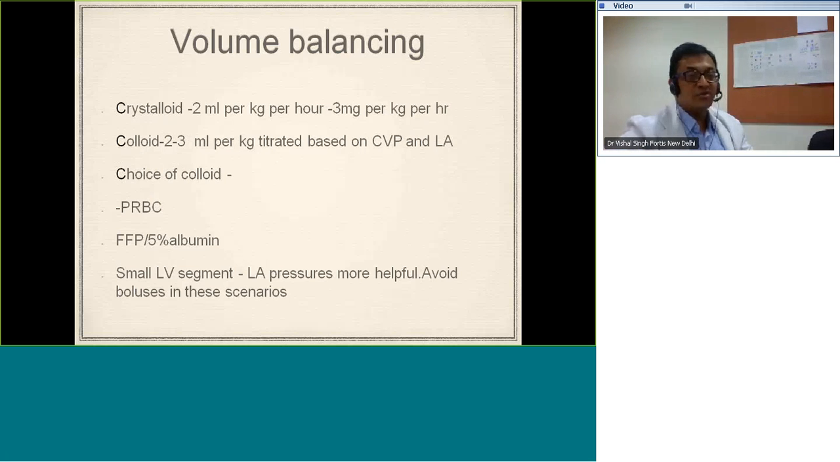Balance the crystalloid with colloid. So if you require volume, give crystalloid at 2 to 3 and manage with the colloid at 2 to 3 ml per kg. Probably that will be a better idea than giving just a plain crystalloid. Besides, if you have to give a colloid, the choice could be between packed red blood cells, FFP, or 5% albumin. Now, albumin obviously is expensive in a smaller child, but it's always better to use an albumin compared